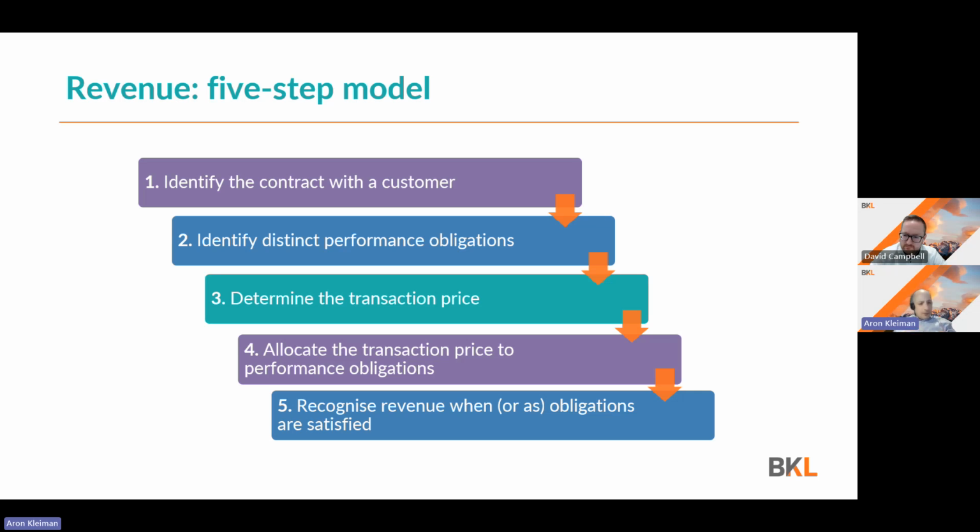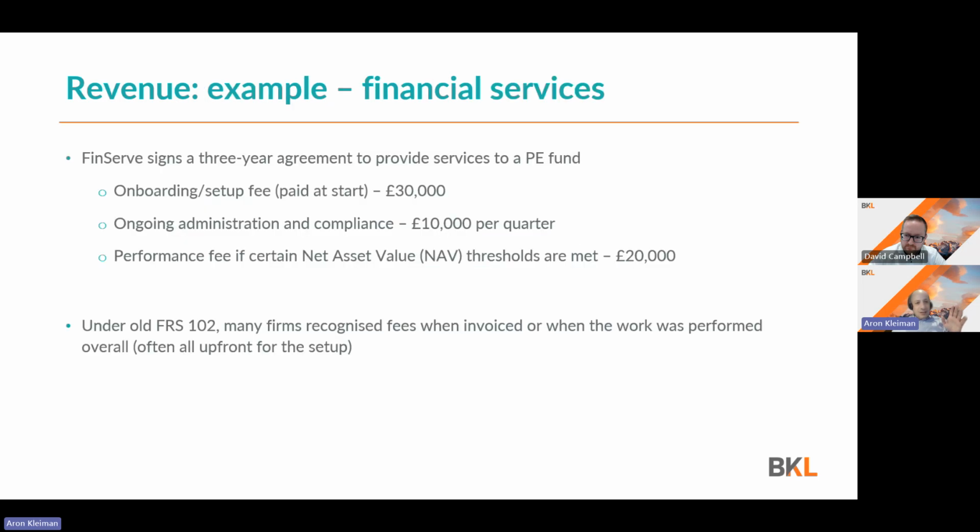What are then the performance obligations under that contract from the seller to the buyer? What's the transaction price in total, the consideration? How do I allocate that transaction price? Step 4, how do I allocate it to those differently identified performance obligations? And then having matched the price to the obligation, that's when I then know when to recognize revenue. As those obligations are satisfied, I recognize the component of the price that relates to it, having satisfied that performance obligation. So that's the thinking and the theory that sits behind it.